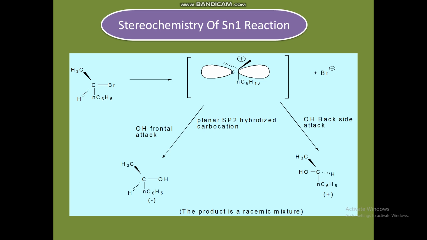If the attack is purely random, we would expect equal amounts of the two isomers, that is, we would get a racemic mixture. However, in actual practice, complete racemization is not observed, and the inverted isomer exceeds its enantiomer. This is because of the attack